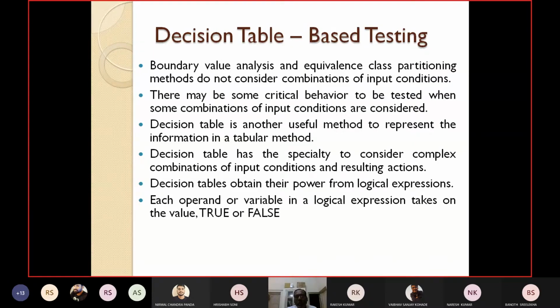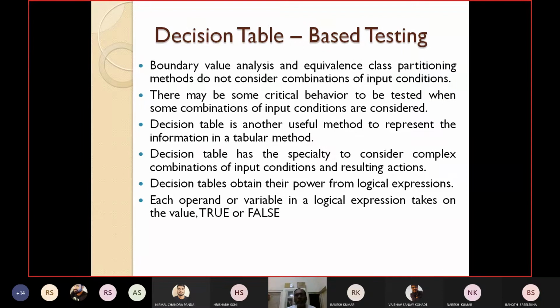But there might be different input conditions, and you have to take their combinations. When condition A and condition B occur, what will the output be? Or when condition A or condition B occurs, what will the output be? So we have to take the important combinations of the input conditions. Then, how to design the test cases? Here boundary value analysis and equivalence class partitioning fail.